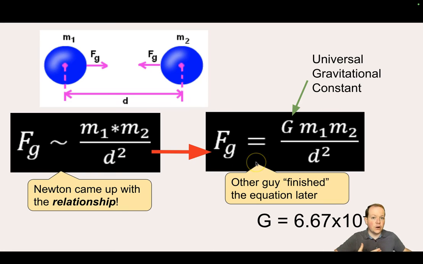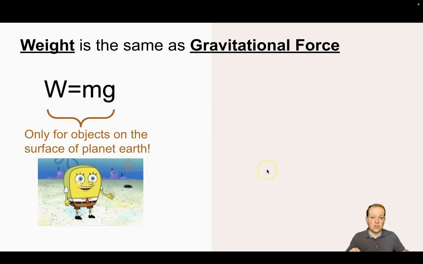This is a force in our universe, but it was humans that came up with measuring mass in kilograms and distance in meters. The universe doesn't care about what little humans did. This is how we change the measurements that humans make and turn it into a force that the universe is applying. In fact, if we use measurements other than meters and kilograms, we would use a different value for G. But we're not going to do that. In this class, if you are using this equation to calculate forces, we're always going to use 6.67 times 10 to the negative 11. It's a number that's going to be given to you, okay?